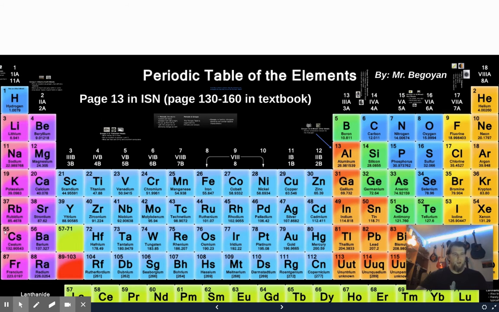But so we have our groups and our families in these columns. Some of them have special names, which we will get to. But so you would say like period 1 is everything up in here. Period 4 is everything through here. Then if you want to say group 1, well, group 1 would be everything top and bottom. And you could say group 8 or group 18 if you wanted to. And that would be everything top to bottom over here.